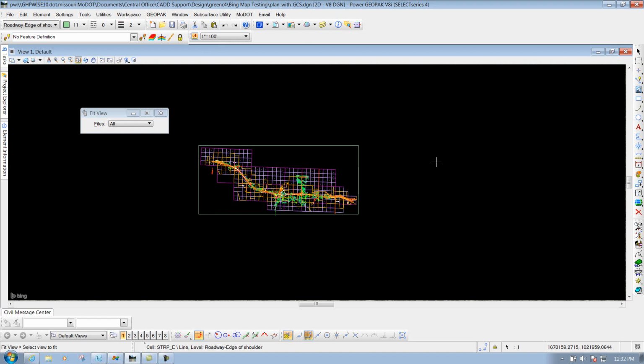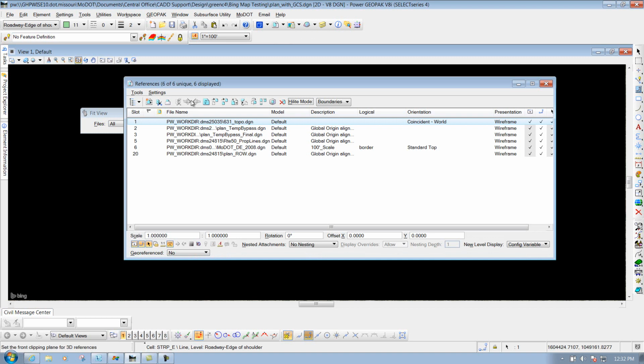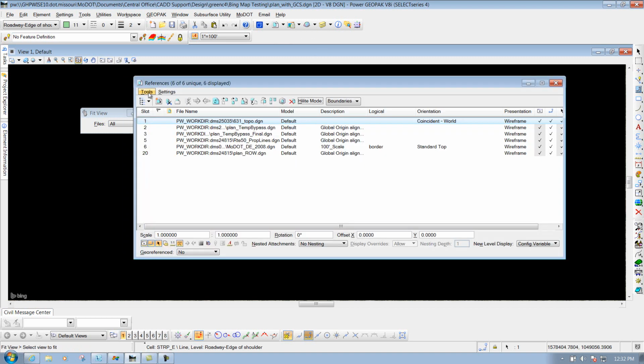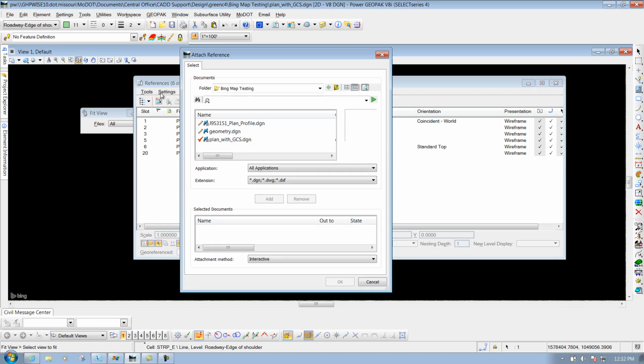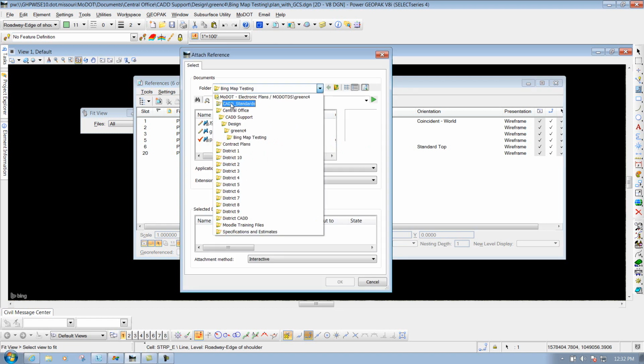And the way to get around that is to attach a reference file and then clip out that reference file. We have three files already set up out there that you can utilize for this purpose. So I'm going to go up to my reference dialog box, and this time I'm going to do Tools, Attach, and where I'm going to look for these files is underneath CAD Standards,